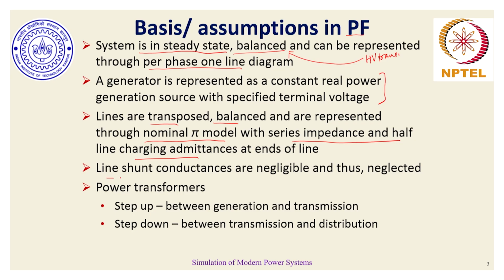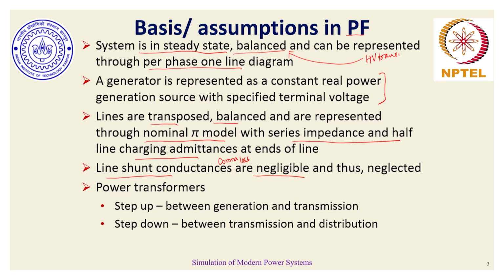Line conductances are difficult to model, they are difficult to judge or predict as weather variation happens. In fact, one of the events that we all know as electrical engineers, known as corona loss, can essentially be modeled through line conductances. But since corona loss itself is an uncertain event, and even if it happens, it is for a very short duration, proper modeling of lines and conductance is not an easy task, and hence often for steady state analysis their presence is neglected.